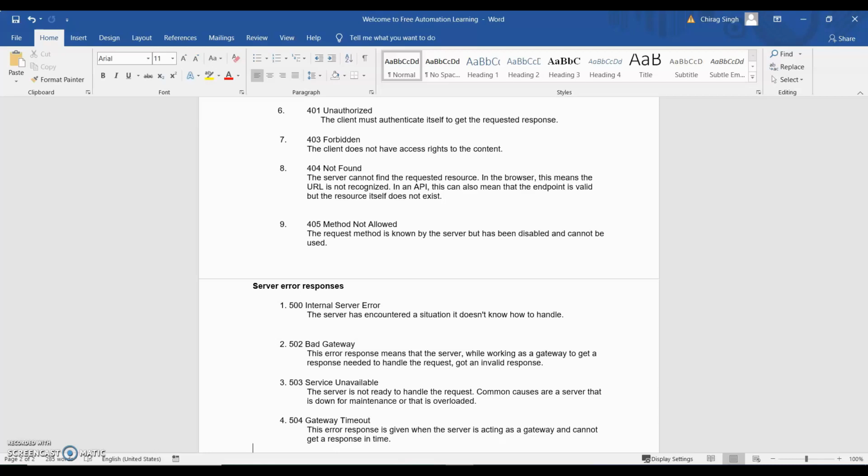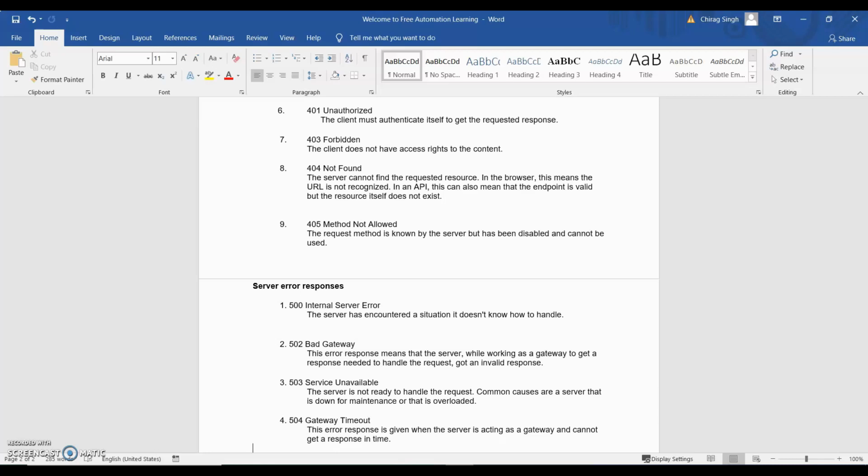The service is not ready to handle the request. It is more common on a production server, when we deploy any build, then 503 service unavailable is coming. It is coming because the server is not ready to handle any request, right?